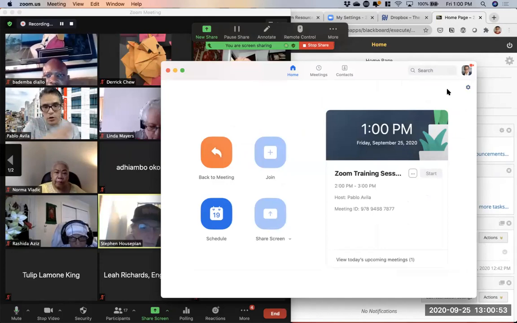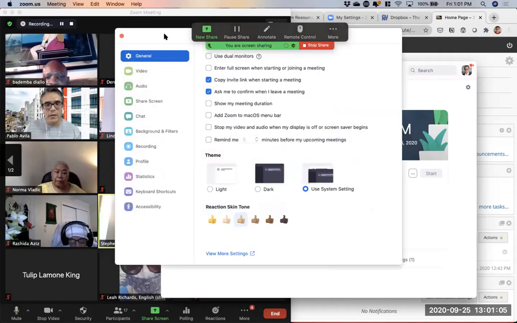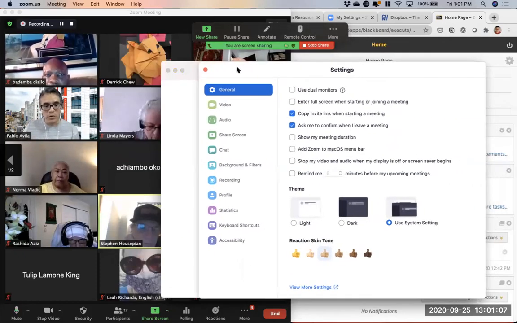I also want to go to the settings, and if you click on settings, this window will be available whether you are on a Windows or on a Mac. Right now, as you may have already noticed, I am working on a Mac. But if you are working on a Windows and you have the client, you should be able to see the gear button with the settings. And then right here, I wanted to show a couple of things, okay? First of all, I wanted to show where the